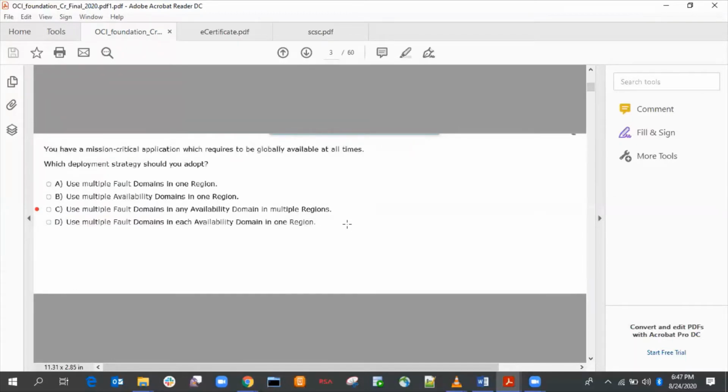Third question is, you have a mission critical application which requires you to be globally available all the time. Which deployment strategy should you adopt?